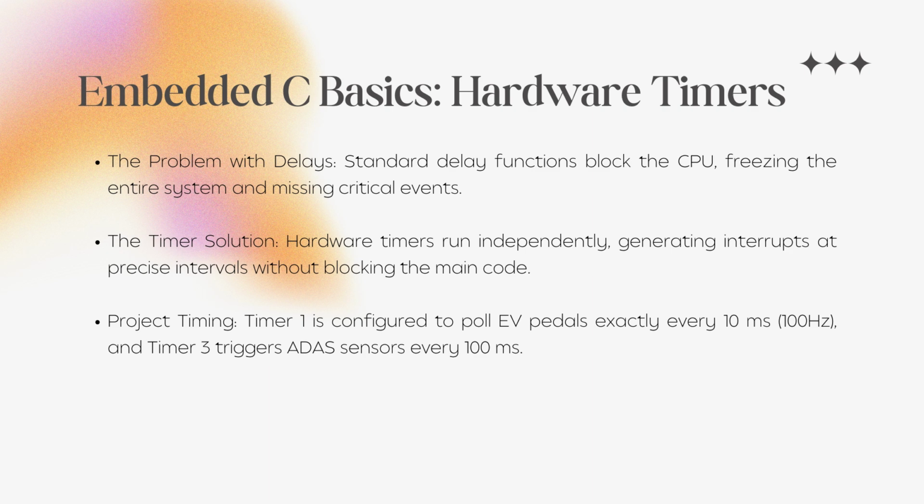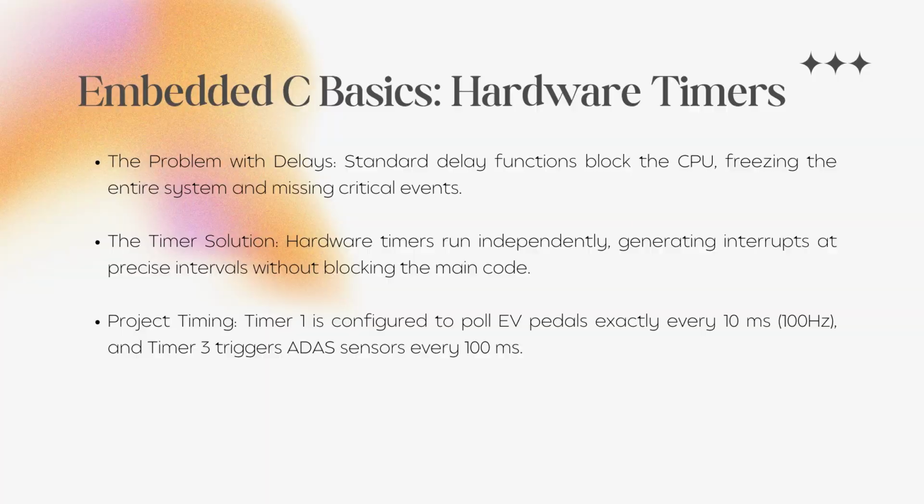Our project requires strict timing. We must poll the pedals every 10 milliseconds and we trigger the ultrasonic sensors exactly every 100 milliseconds. When the timers overflow, it triggers a callback function, pausing the main loop just long enough to read the sensors